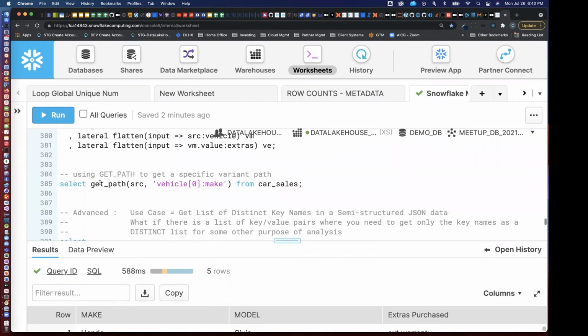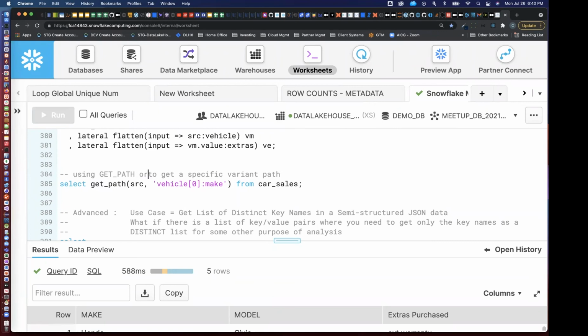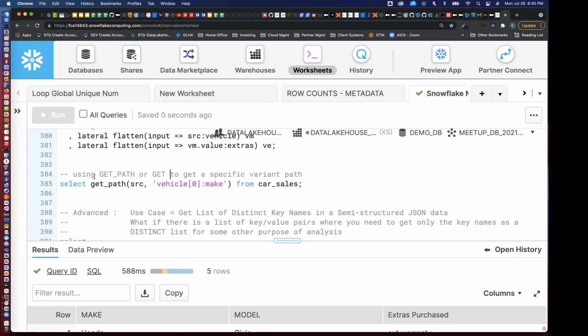And the last item, just to talk about one more way we can get at the JSON data, is to use this concept called GET_PATH. There's actually another concept called GET inside of the usage of the variant data type, but GET_PATH is very similar. It's kind of one further step from just using GET. And you can see here, as the first argument, we can use the column name. As the second argument, we're really just passing in some sort of path or some sort of index, if you will, of where the GET_PATH should look inside that JSON or the variant data type to get the